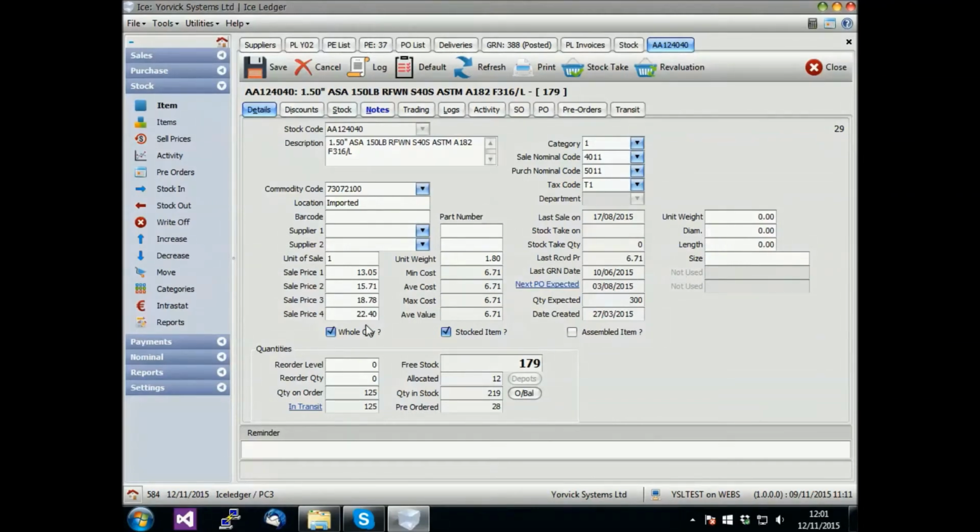Items that are sold as whole quantities and not in fractions, such as for example by length or weight, you can set as whole quantities. If there are certain items that you do not keep in stock but instead buy in to order, then these can be defined as not stocked items. At a glance, you can see the actual physical quantity that is in stock, quantity that has been allocated to sales orders, quantities on sales orders for which stock has not yet been allocated, and free stock available for new orders.